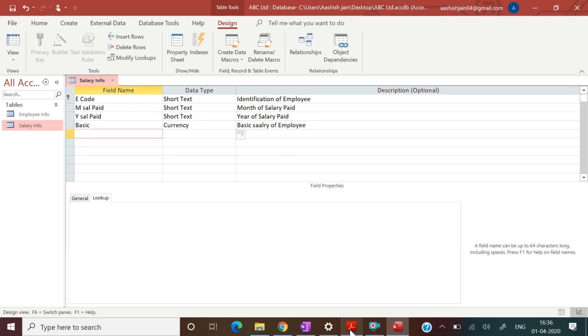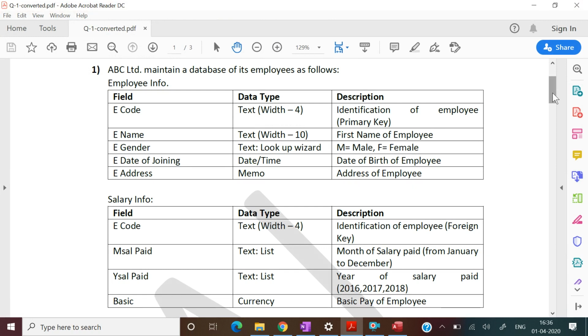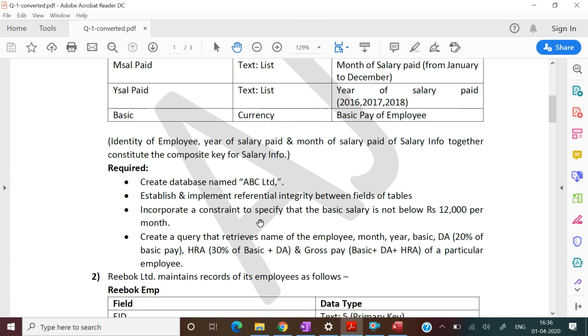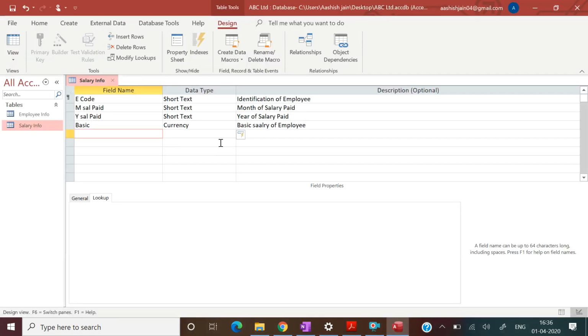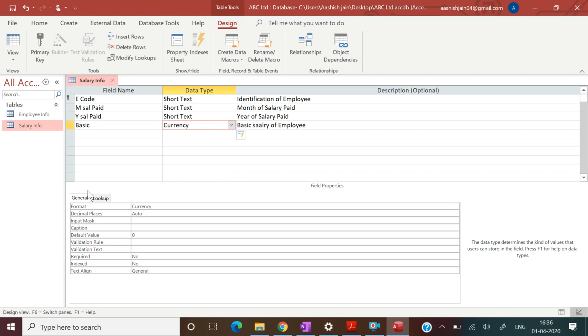I think there is some constraint there for the basic salary. Yes, incorporate constraint to specify that basic salary is not below 12,000 per month. That means basic salary should not be below 12,000. So how do we create? Put on general and then just put a constraint on validation rule, which means that basic salary should not be less than 12,000.